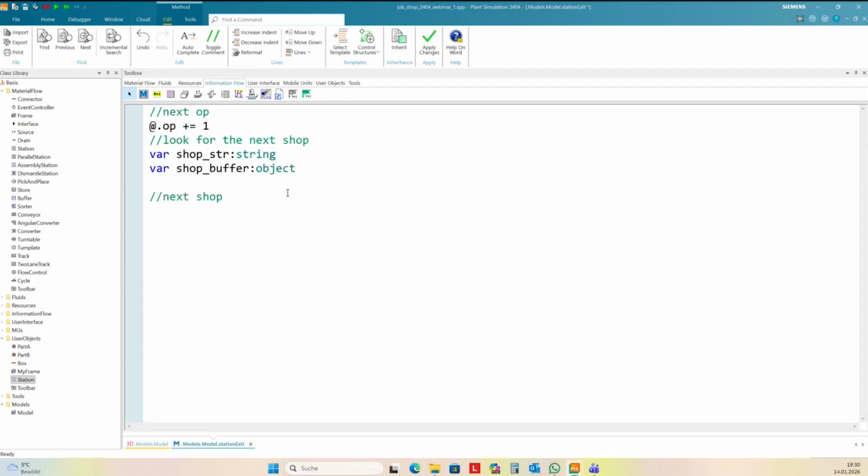And again, the source for all the information I need is the table process. And I get the next shop from process 1 at .name.